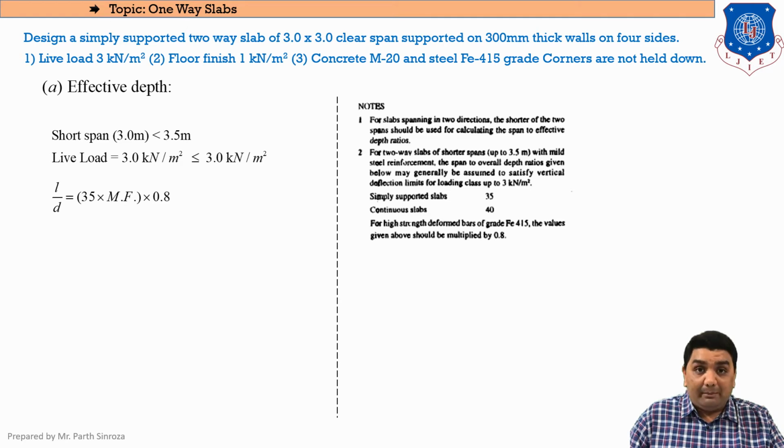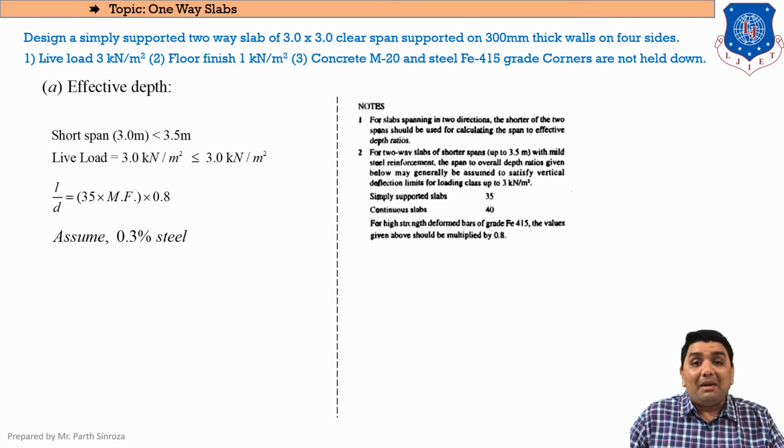The first thing will be to find MF, and for that we'll be assuming steel. Now in one way simply supported or one way continuous slab, we assume the PT to be 0.6, and for two-way slabs, whether it will be simply supported or continuous, we will always be assuming the PT to be 0.3. Why so? Because in one way, main steel was given only in one direction, so the total content to be resisted was provided in one direction only. So our PT was assumed to be 0.6.